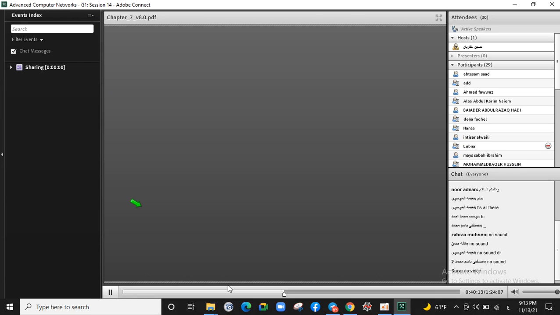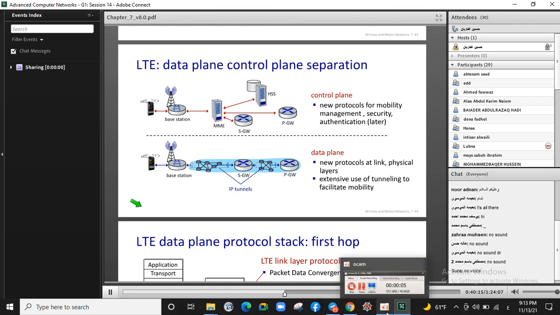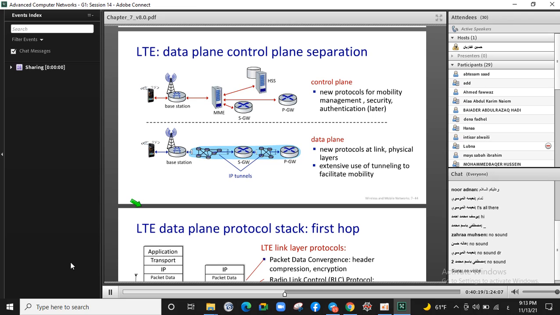When I'm a mobile device, I'm leaving the home network. Okay, look at this slide. In this slide, you can see that I'm connecting to a base station, for example, using a cell phone, and